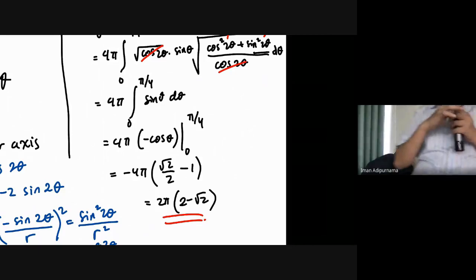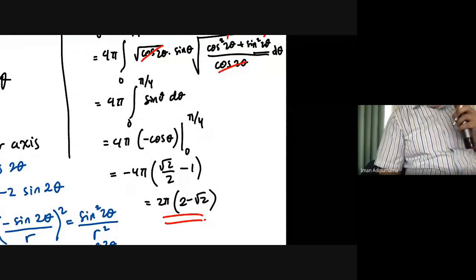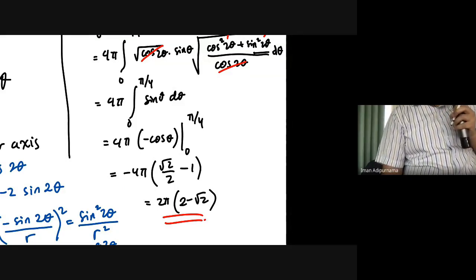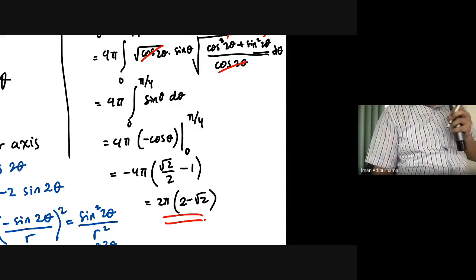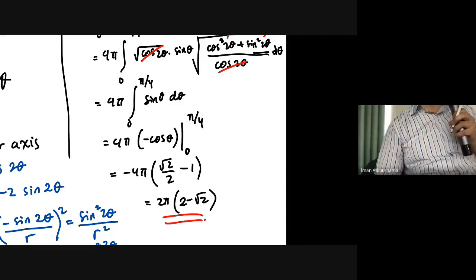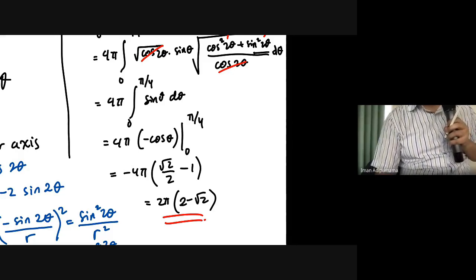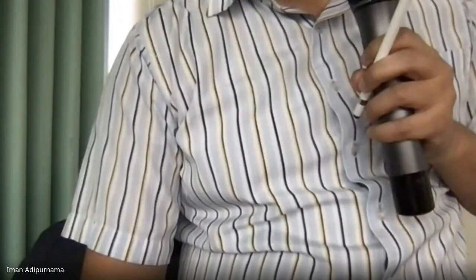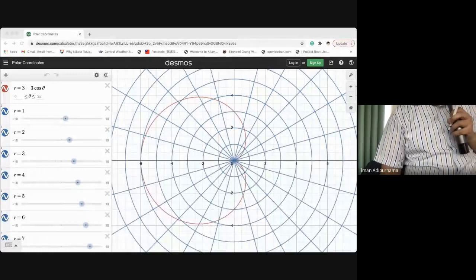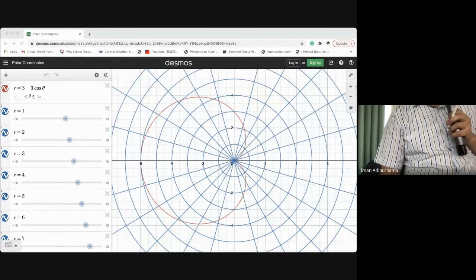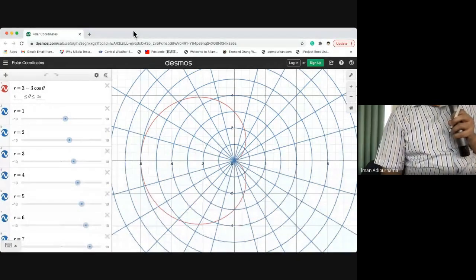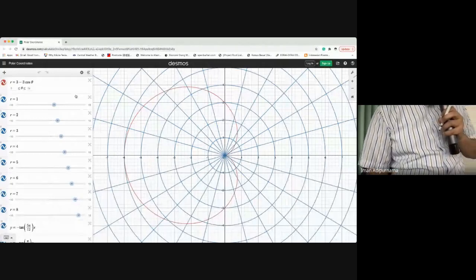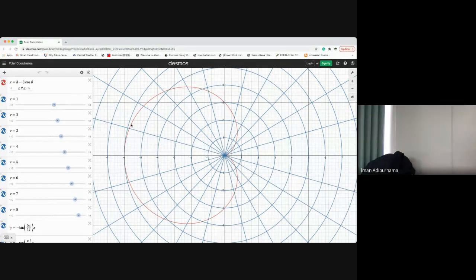So let me close this for a while. Okay, this is using the Desmos. Oh, wait. I need to check the recording first. Okay, I think this is good for you to learn and maybe see directly